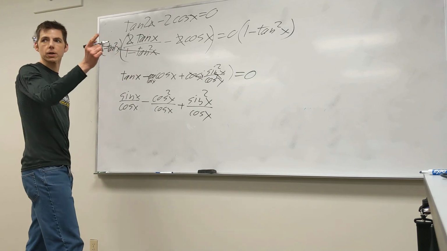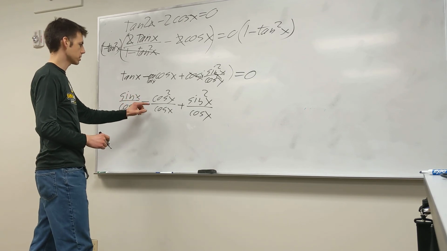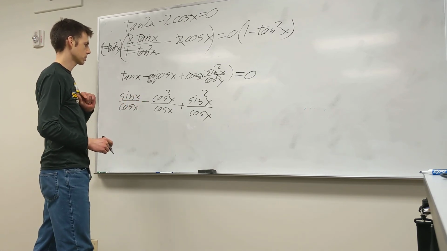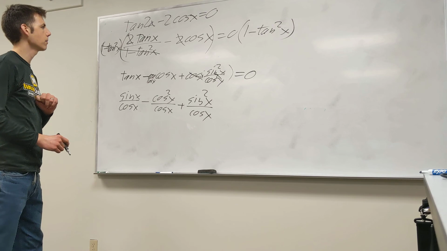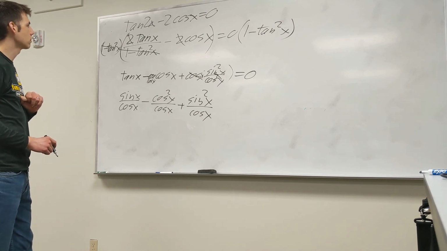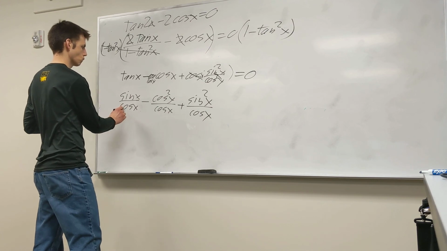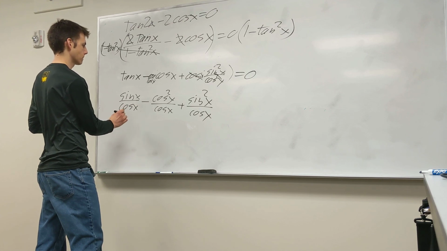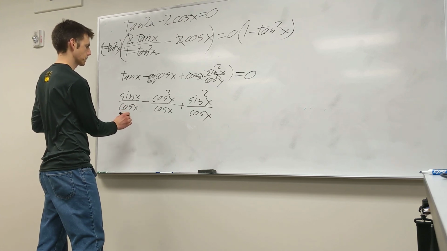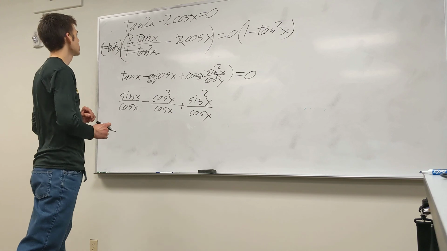And then I multiply everything by cosine x again. I get sine x minus cosine squared x sine x. Am I making this too complicated? I think I'm making it too complicated. Cosine squared. Take tangent x